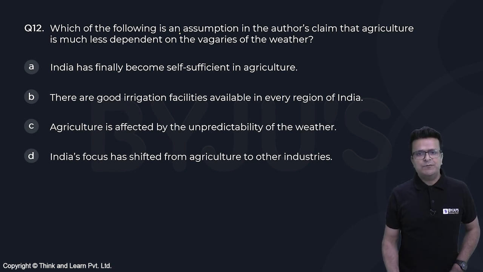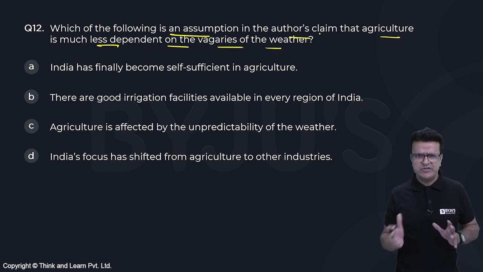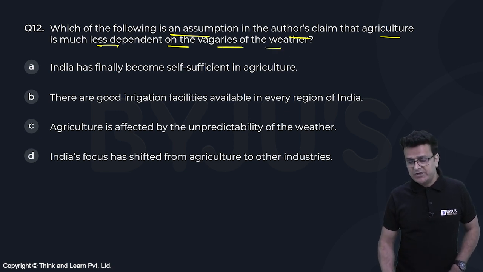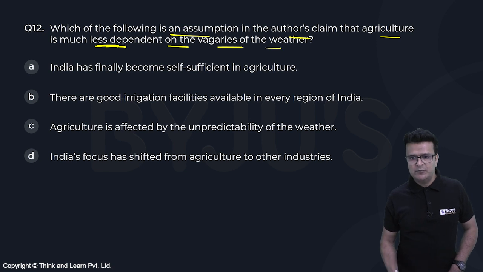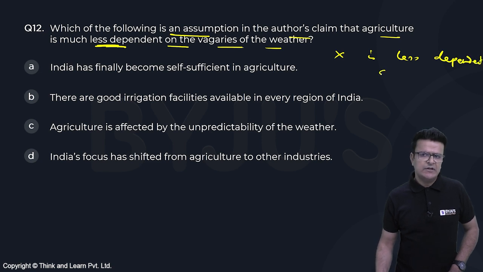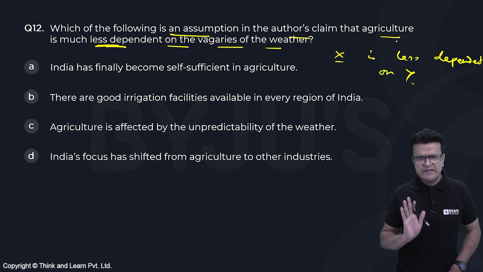Question 12 says, which of the following is an assumption or belief in the author's claim that agriculture is much less dependent on the vagaries of the weather? Vagaries means changing patterns of weather. So if somebody says that X is less dependent on Y, which of the following is the belief of the author? X is less dependent. So one thing is very clear. When I say X is less dependent on Y, one thing is very clear that X still depends on Y,